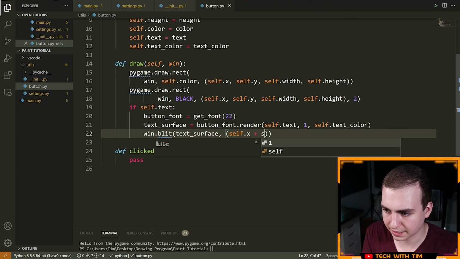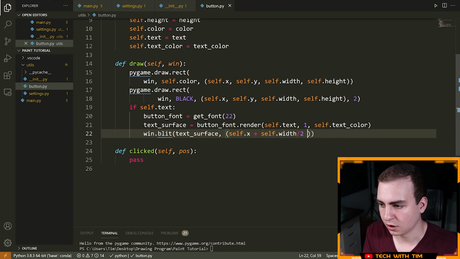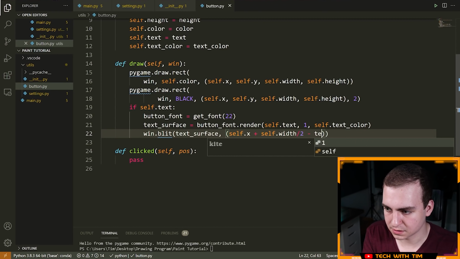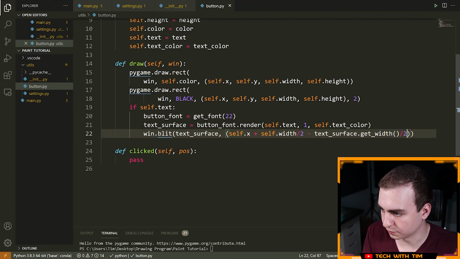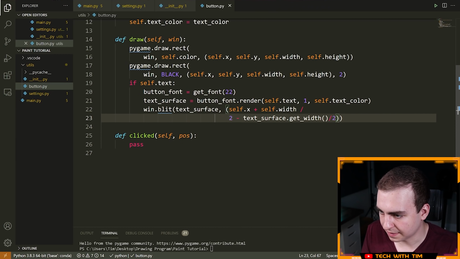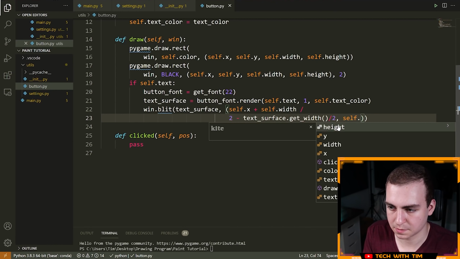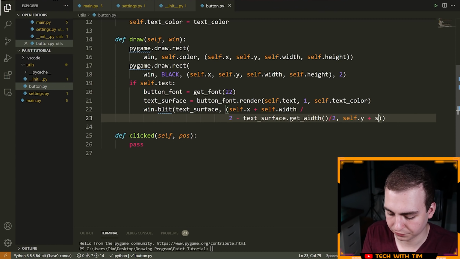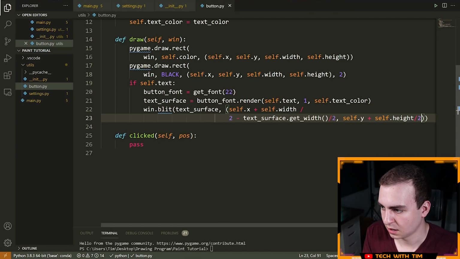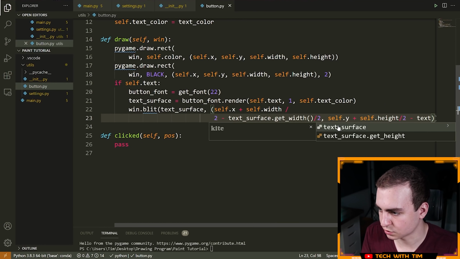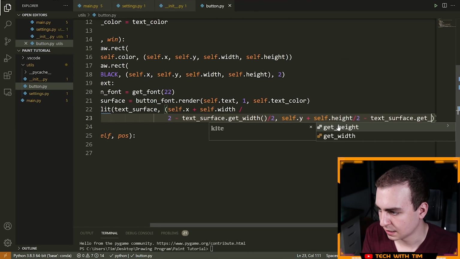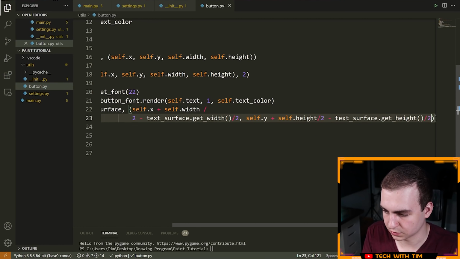So I'm going to say self.x plus self.width over 2 minus text_surface.get_width() over 2. Let me just save that. And then for the Y position, it'll be the exact same thing, but just with Y. So self.y plus self.height over 2, and then this will be minus text_surface.get_height() over 2.